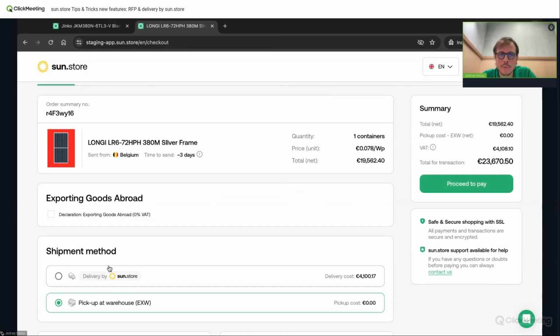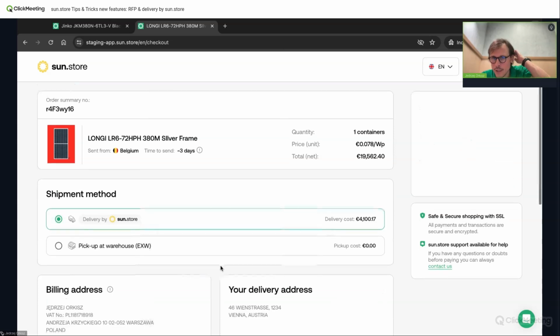And in case we want to pick it up, don't forget there is a very important notion about exporting goods abroad. If you want to export the goods, you do the self-declaration, which means the VAT will be 0%. If you don't do the declaration, we as a platform add VAT automatically, because if the goods are being used in the same country where the warehouse is located, then automatically the VAT applies. So let's go back